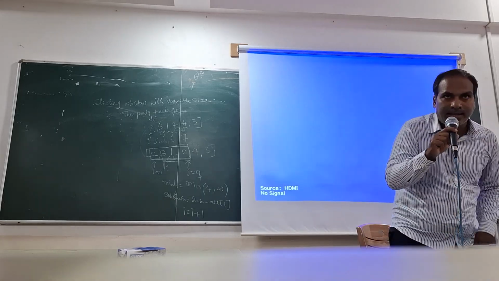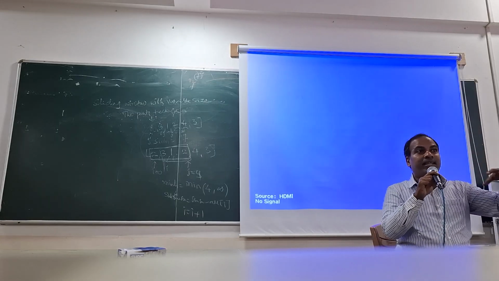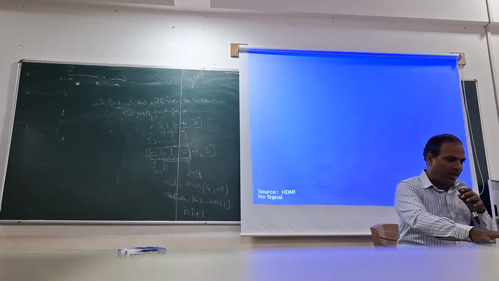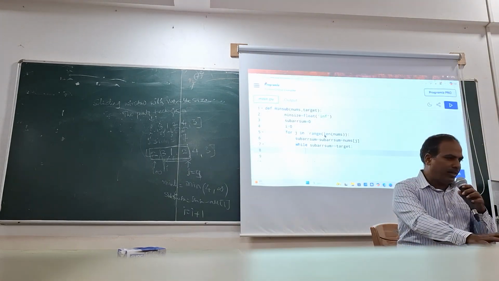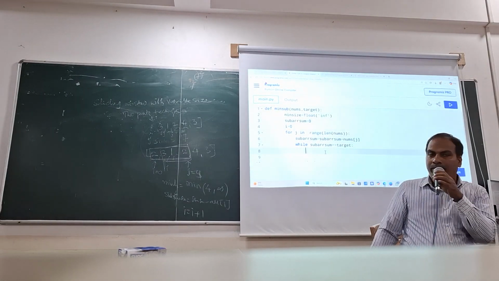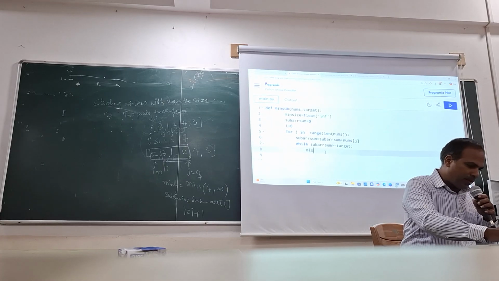So now I am correcting it here. When we actually traced it, we understood that; otherwise we cannot understand. Now, while the subarray sum is greater than or equal to the target, what will we do? Identify min size. Min size is equal to